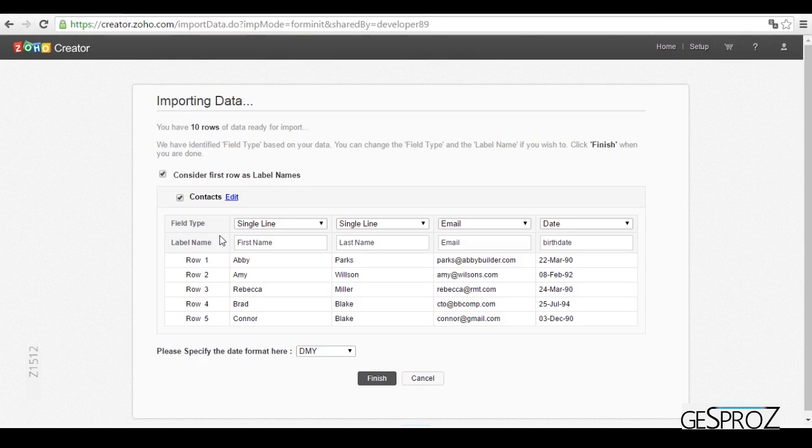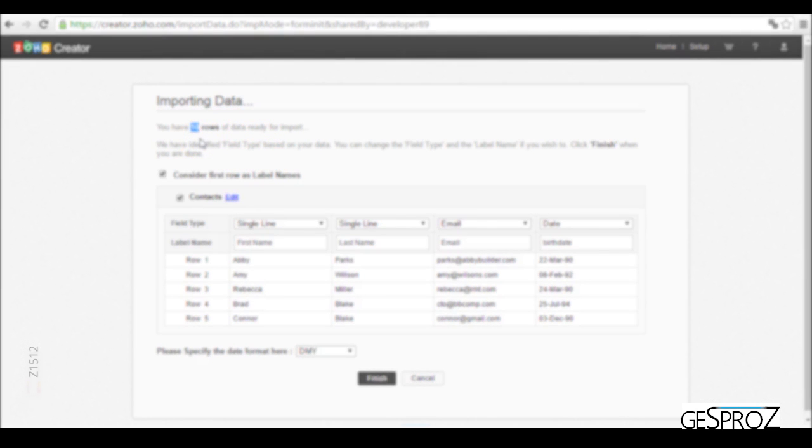and I import it. With this option, I will get a counter of the rows that I'm going to import, because with this option, I'm not only going to create the form, but I am also going to import the data, and I'm going to upload the data in the file. And it also tells me for each of the columns